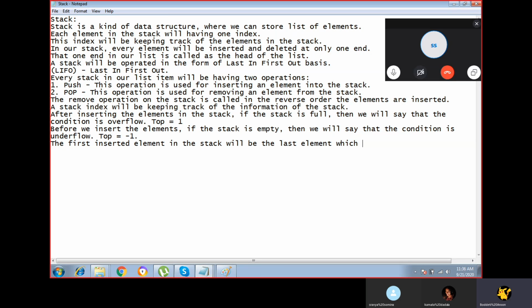The pop operation is what we call for this. So the first inserted element in the stack will be the last element which will be popped out, and the last inserted element in the stack will be the first element which will be popped out.